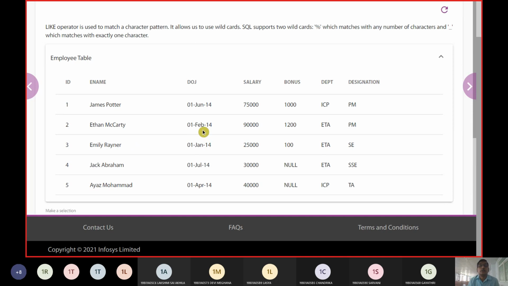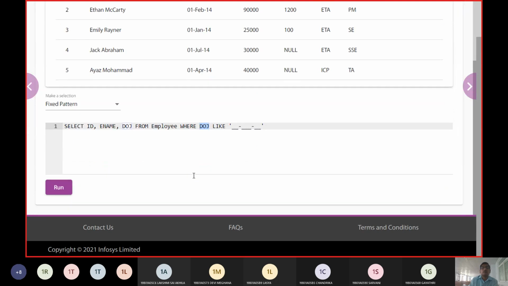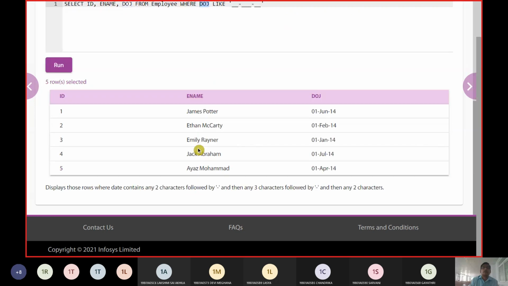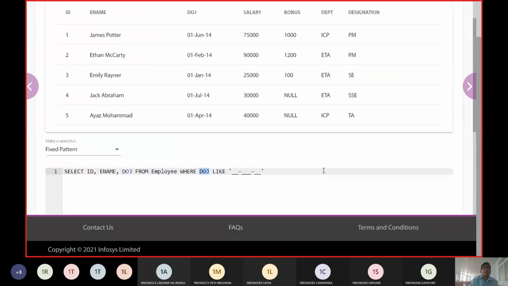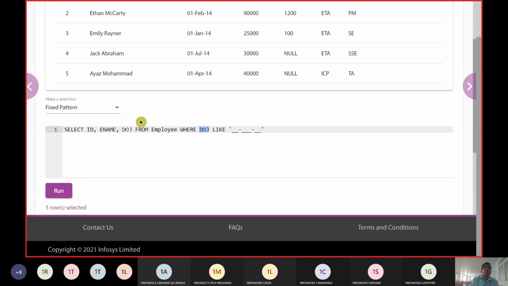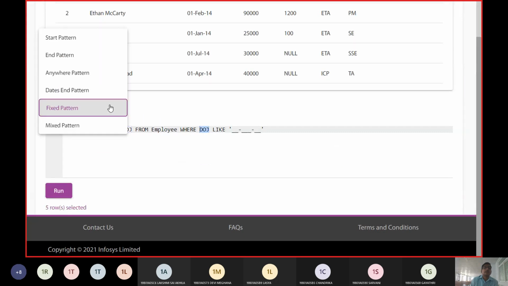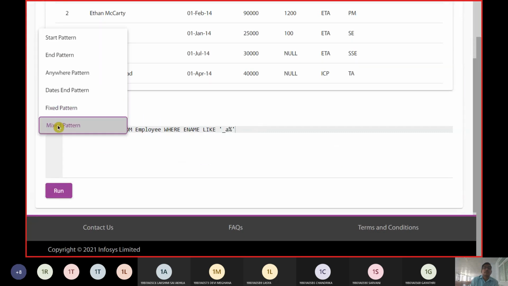You can see the dates of joining were 1st February, 1st January, 1st July, and 1st April. So we have these as items. Now we work with a fixed pattern, and those items are displayed here. That is what we gave here as an exact match.